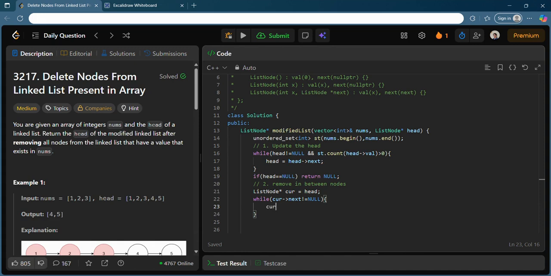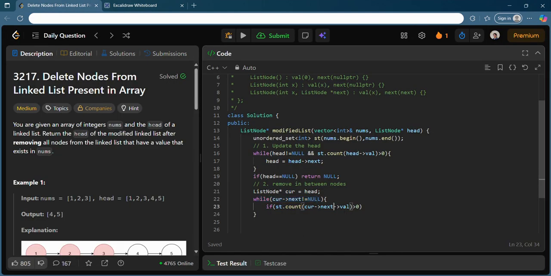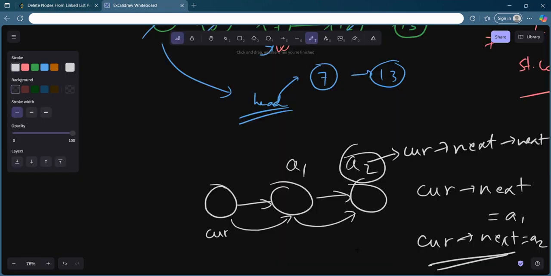So if I see something which I need to delete, I will do something similar to this. If current arrow next is not null, because I want to put a check on the next only, it helps me skip that node.